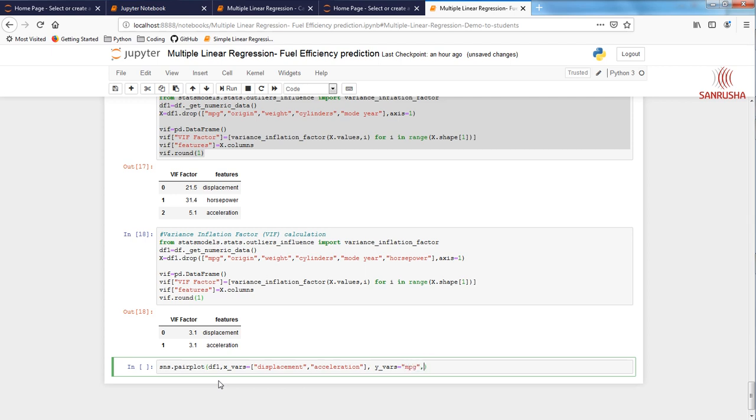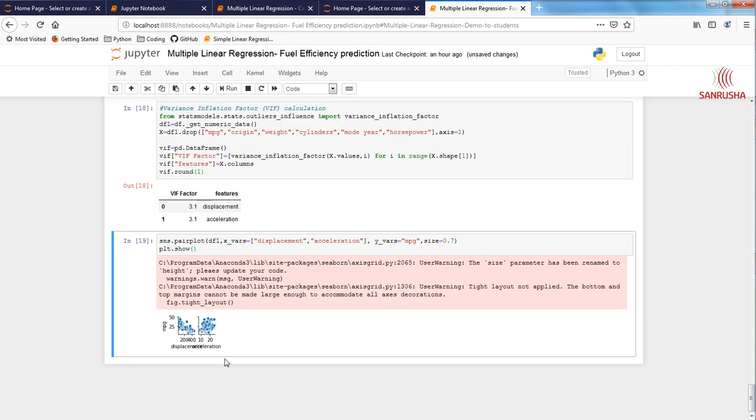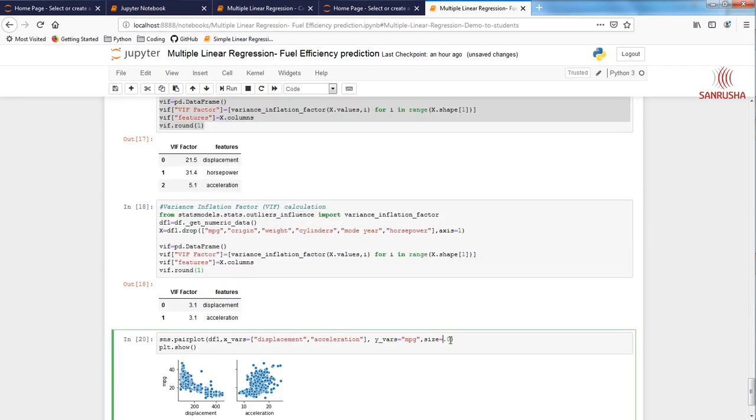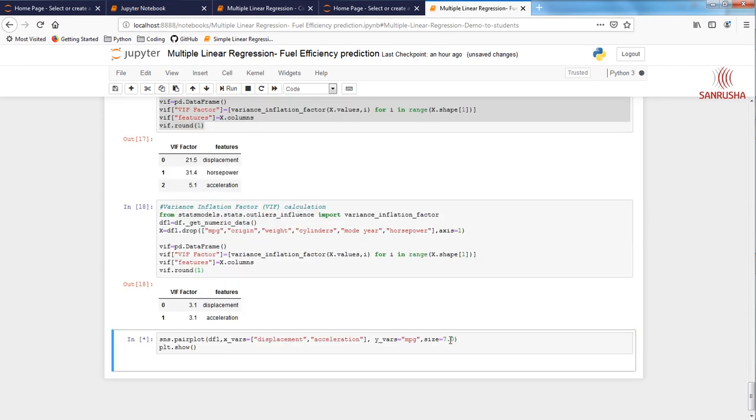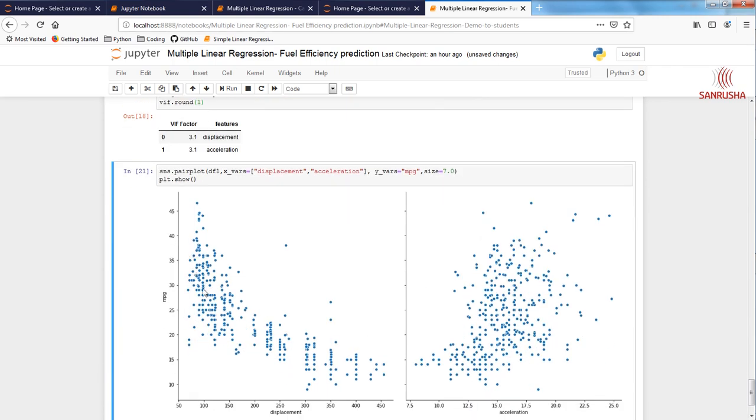Let's say size is 0.7 and say plt.show. Did you get it? Oh, let us increase the size. It looks very small. Okay, now we got it right.